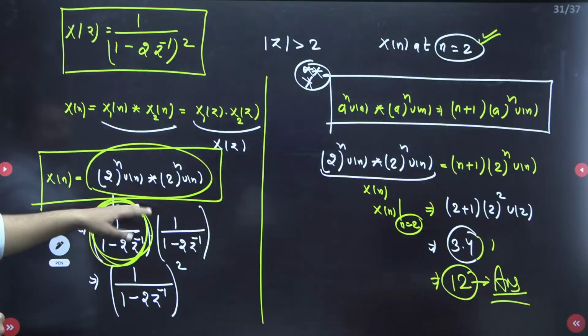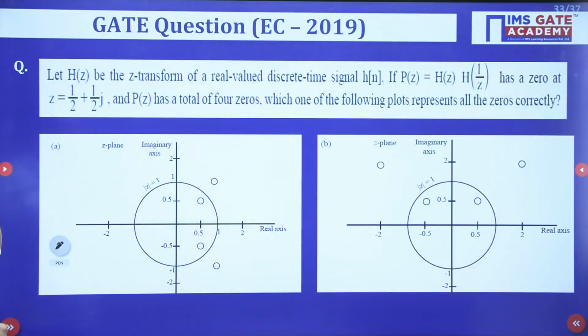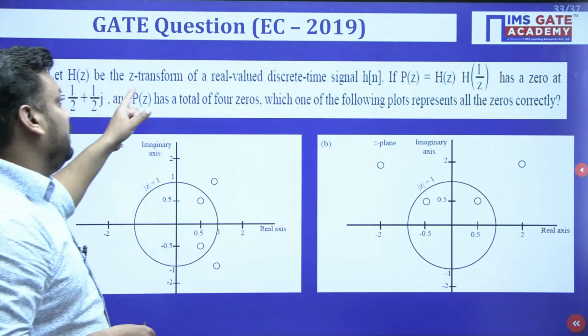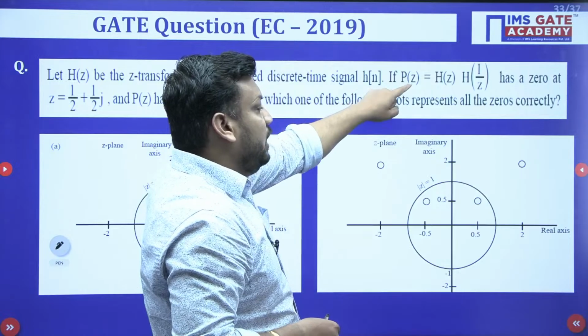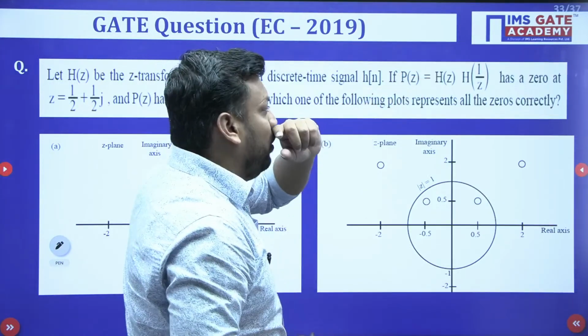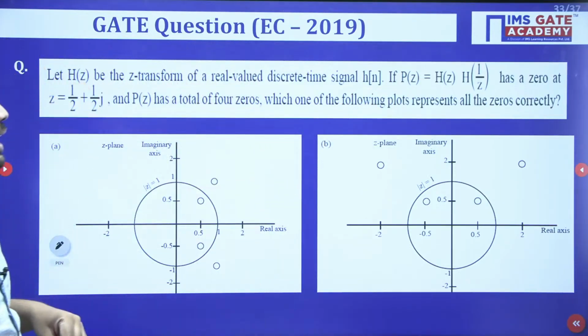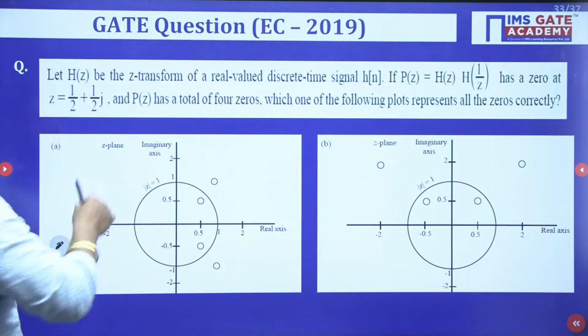are going for the next question. Again, this question is similar to the previous question but not immediate. Before 2 or 3 questions, whatever one question we have solved where time reversal property, this will help you to solve this question also. Let X(z) be the z transform of the real valued discrete time signal h[n]. If P(z) equal to H(z) dot H(1/z) has a zero at this,